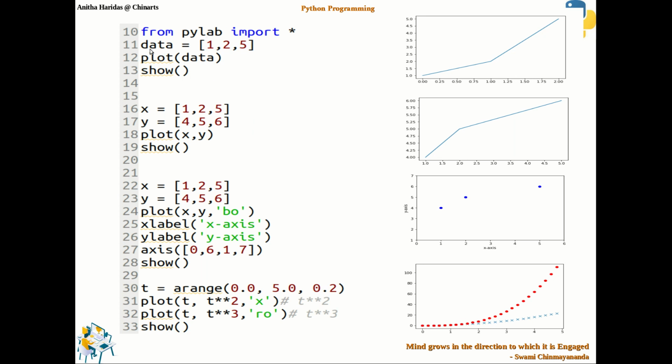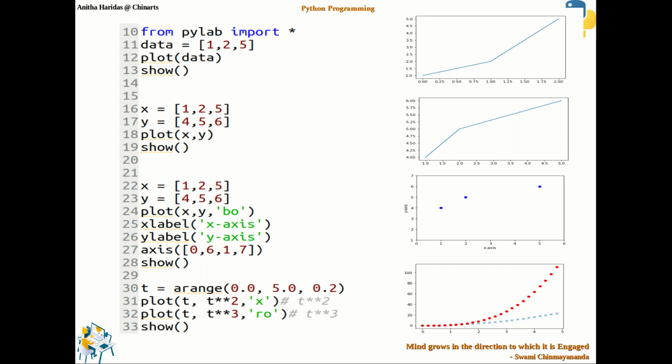So here we had seen how I can plot a line graph, because the default is a line graph, using this particular data. I just create data with a list. We had seen that you can create data for plotting either using a Python list or by using the NumPy module.